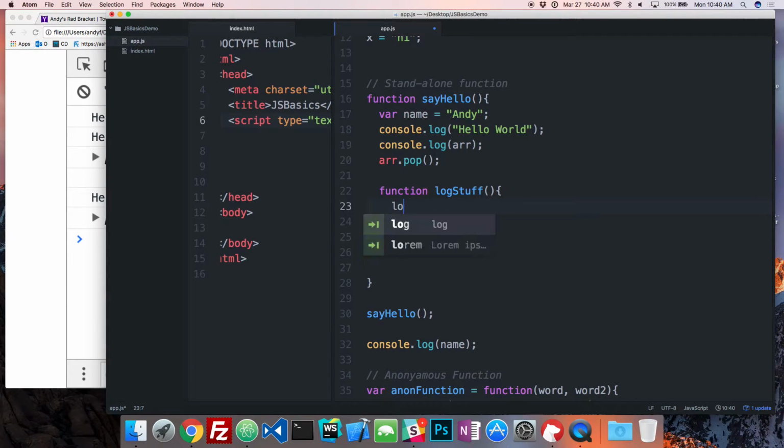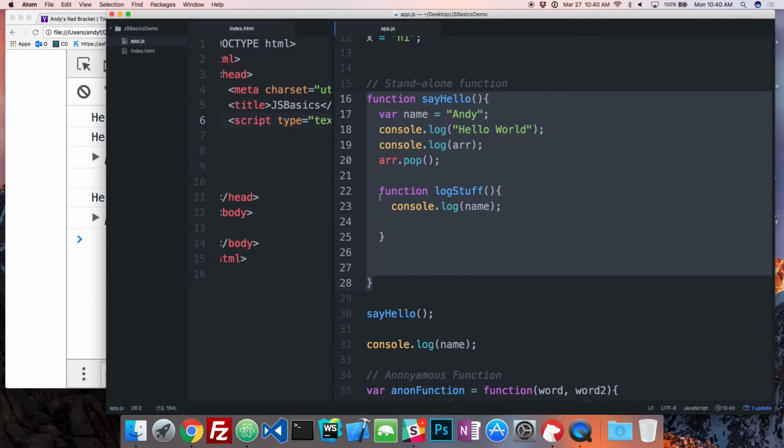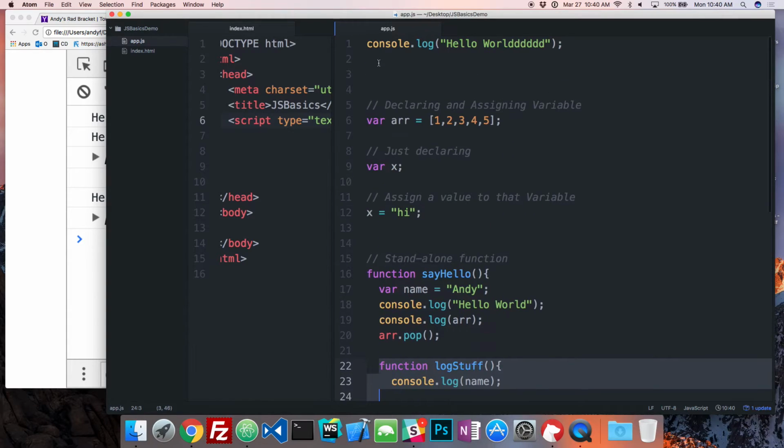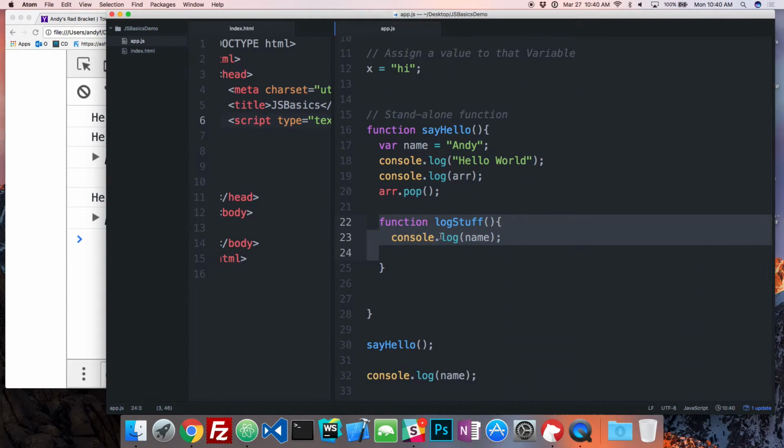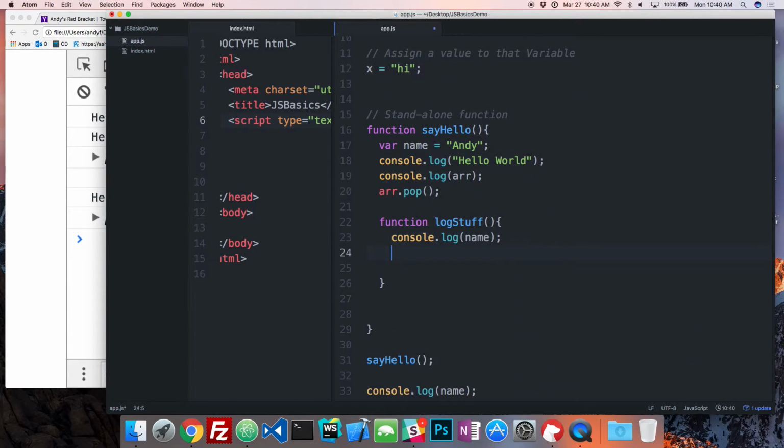Inside of this function, I have access to the thing in my parent. I have access to everything that contains me. So this function contains this guy, and the global scope contains this function. So I can have access to all of the variables that are in a bigger scope than me, right? So I can have array as well.